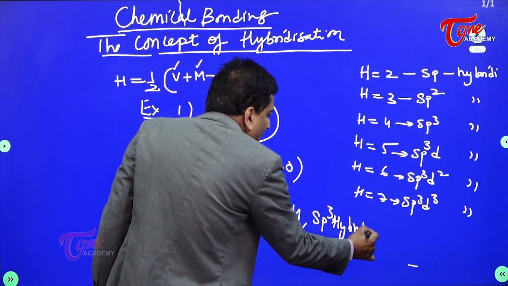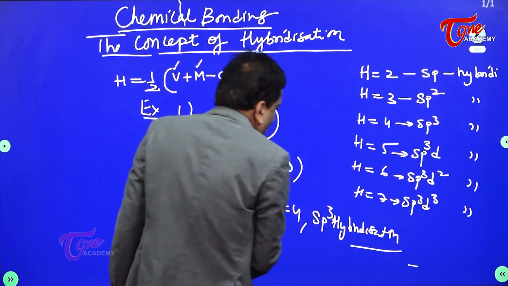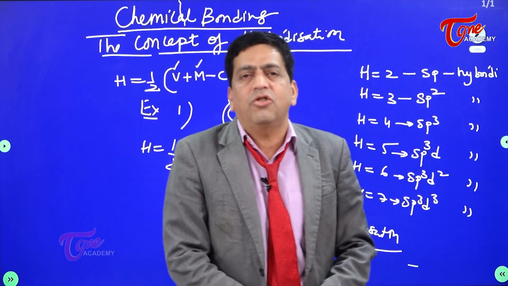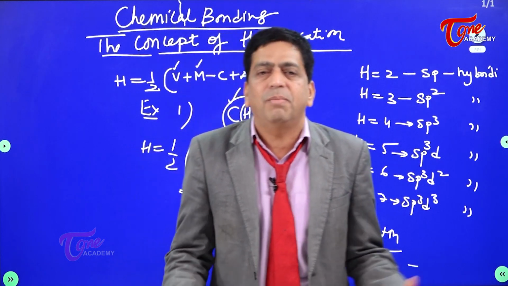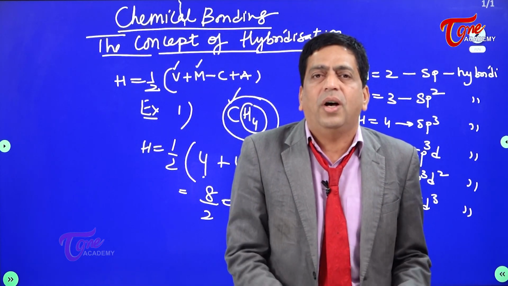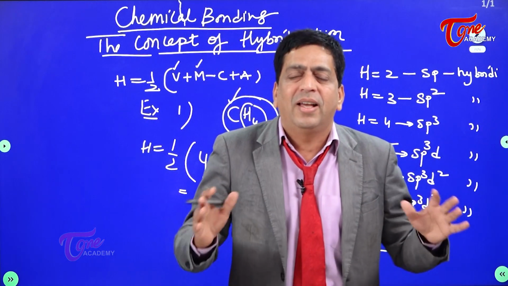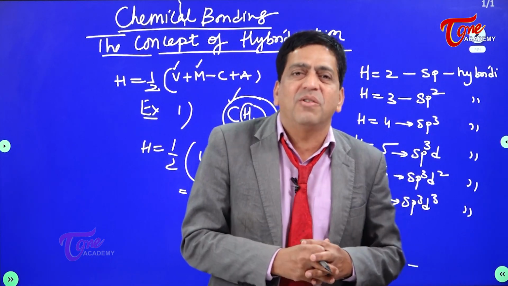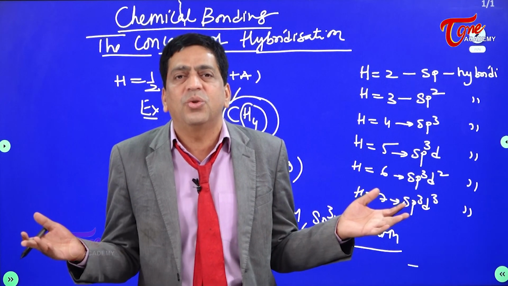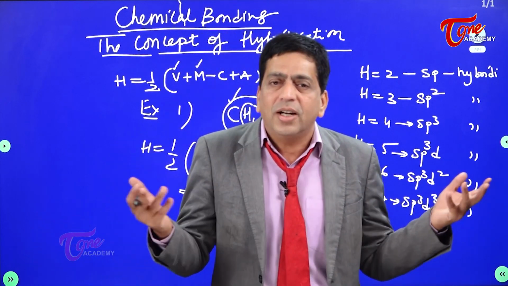Then it is sp3 hybridization, you must understand. So in methane, the central atom is basically undergoing sp3 hybridization. So I have judged the hybridization in methane. So let us put the entire draft of formation of methane, because now we are in a position to judge hybridization. So let us do that.